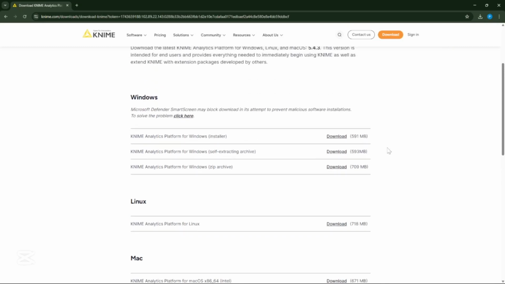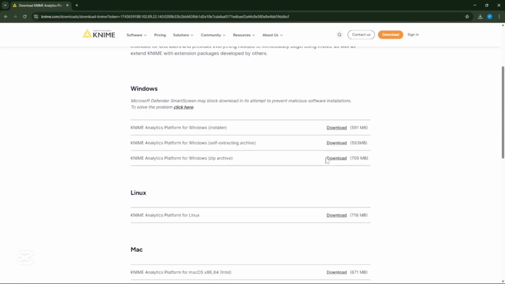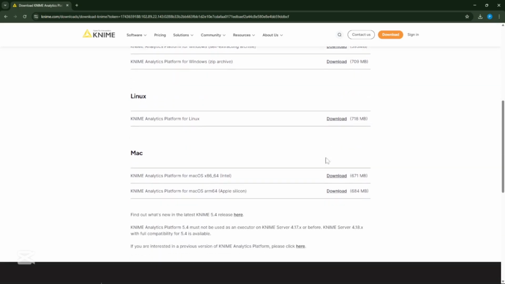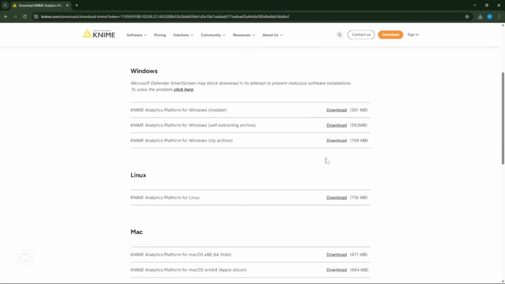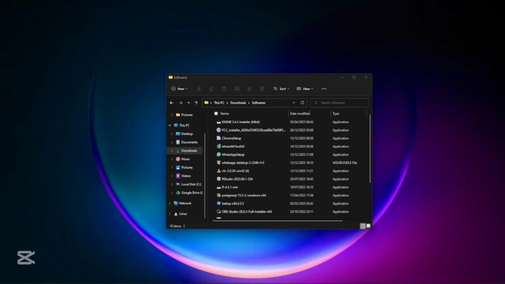Now, personally, I just like going for the installer, so you can click download on that. And then, if you're using a Mac or a Linux as well, ensure to choose a file that is suitable for your PC. I'm just going to go ahead and download. So now I have it downloaded. I can begin the installation process